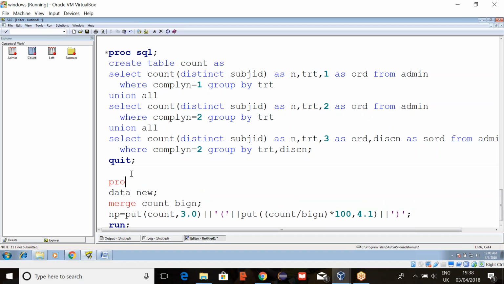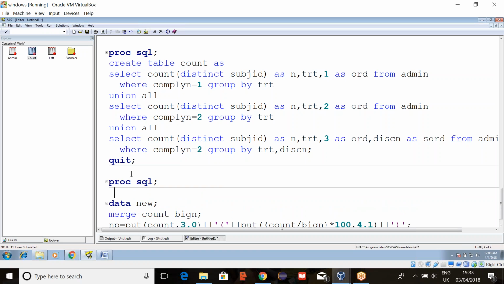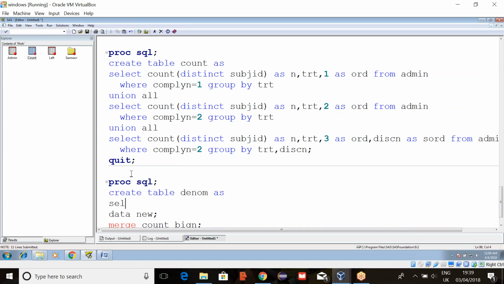So I'll use SQL again. Create table denominator as select count distinct subject ID as N, and then treatment.